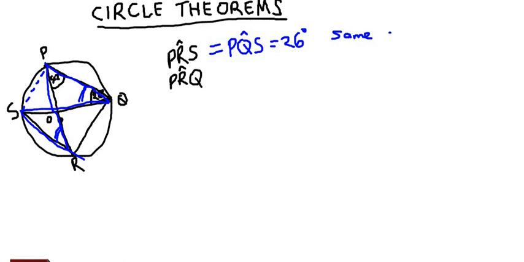Angles in the same segment, according to theorem number 4, are equal. So it means the angle PRS is 26 degrees. If we look at PRQ